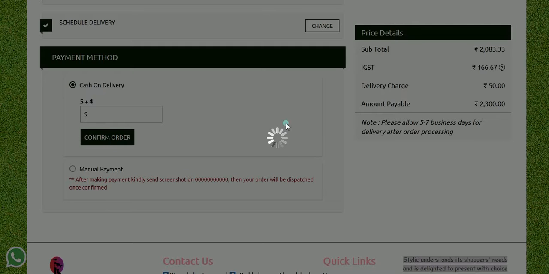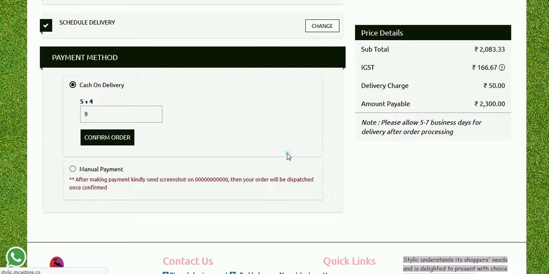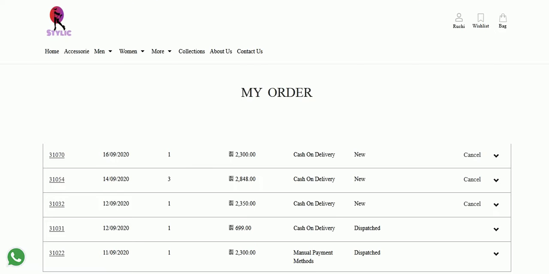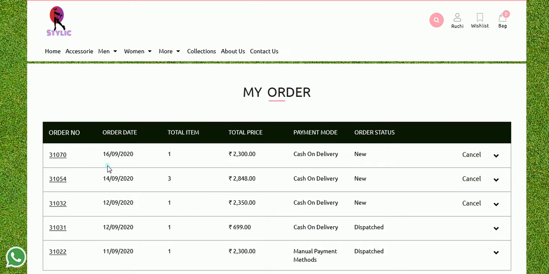The order ID will be displayed to you over here, and to contact the seller via WhatsApp, that number will also be mentioned over here. Now here you can see we will go to the order list. So here the order has been placed. If the end customer wants to check the orders, he can check it from here. This is the order in today's date, what he has placed.